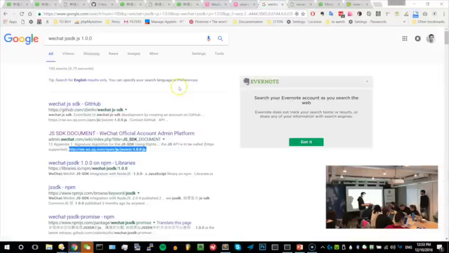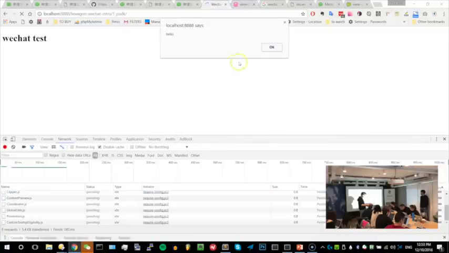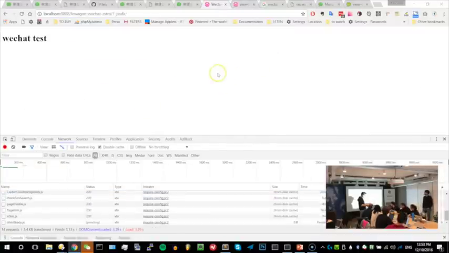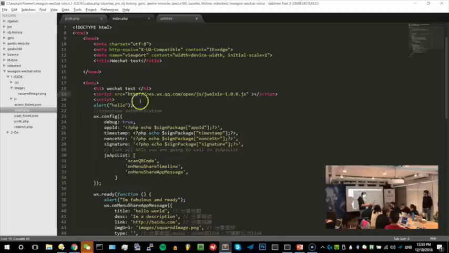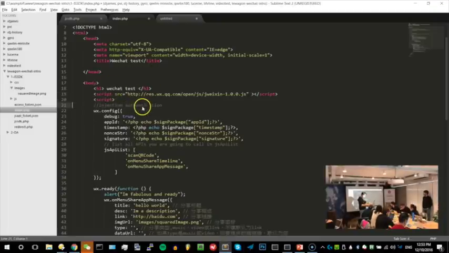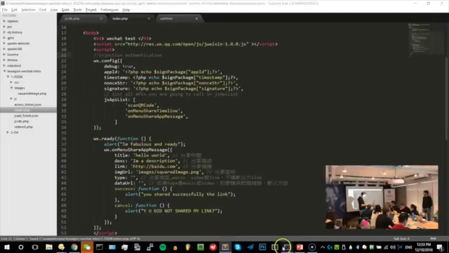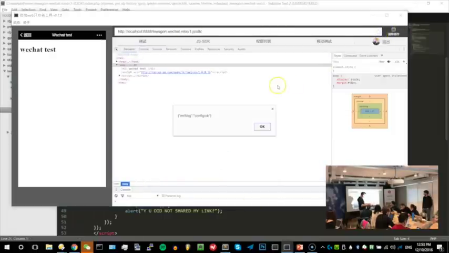Okay, so let's come back. Whoa! Hello! I'm fabulous and ready. Nice. Thanks. Okay, so I'm removing this stuff and let's go inside our browser and see what's happening. And you see here, and that's the weird part I told you, right now WeChat is giving me back the information. It's telling me configuration okay. The weird stuff is that it's telling me a string, and inside the string the name is called error message. So the error message is telling me everything is okay.